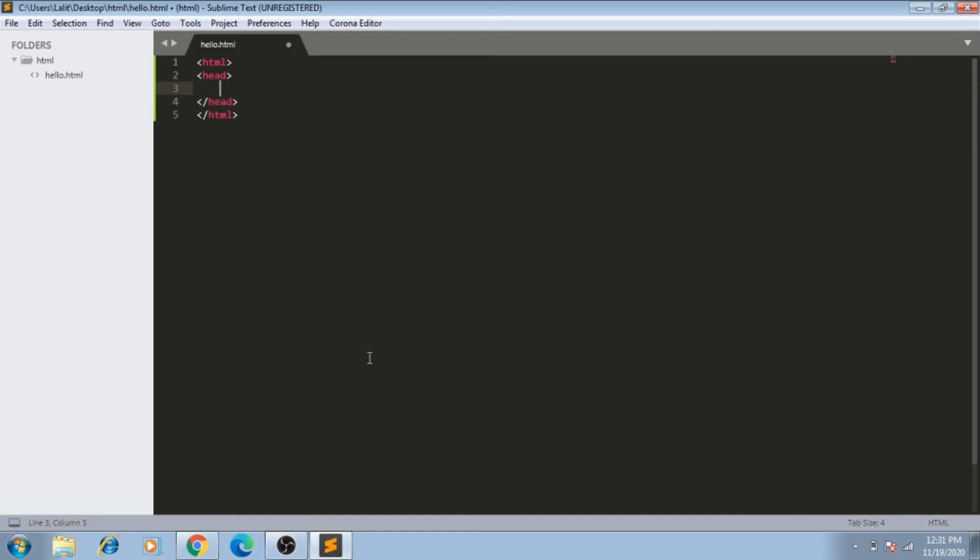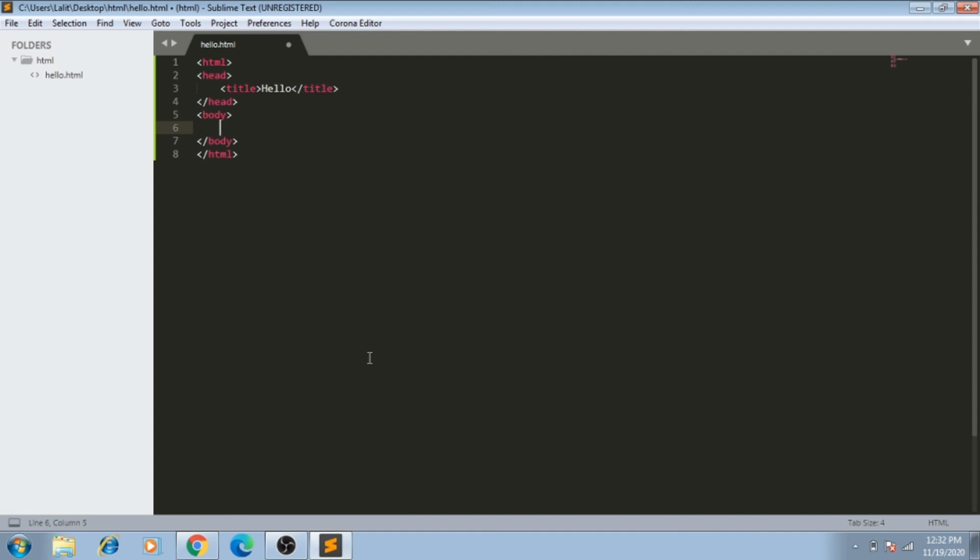Next, write the title tag that is to be written within the head section. I am writing some text in the title tag like hello. That will be shown on the title bar or tab of the browser window. Next, write the body tag after the head section. The body tag contains the whole content of the web page.